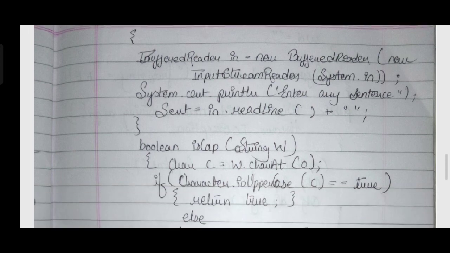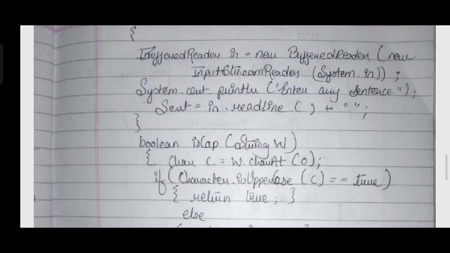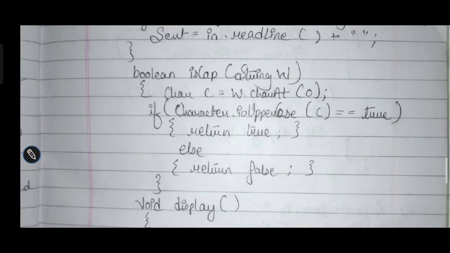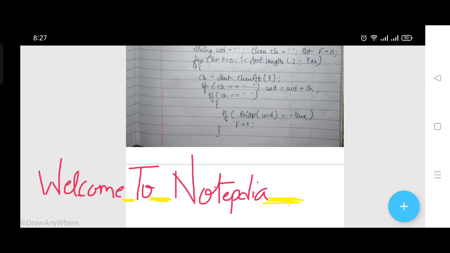Now next is boolean isCap with its parameter String w. But before explaining this boolean isCap function, I will explain void display. So let's assume we have taken this example: Welcome to Notipedia. Okay, here what I have written: for int i = 0, means i is somewhere here, at the 0th position, this is the 0th position, and